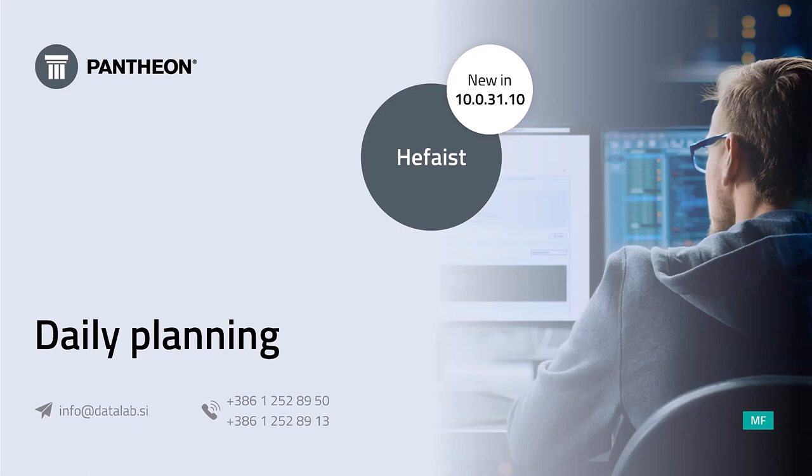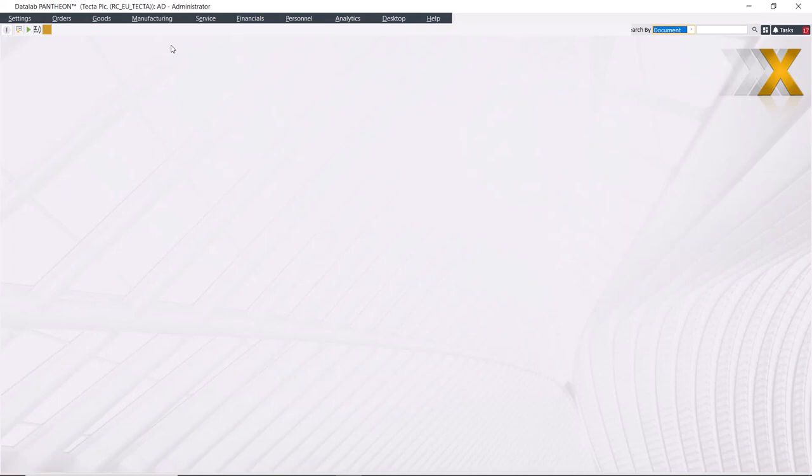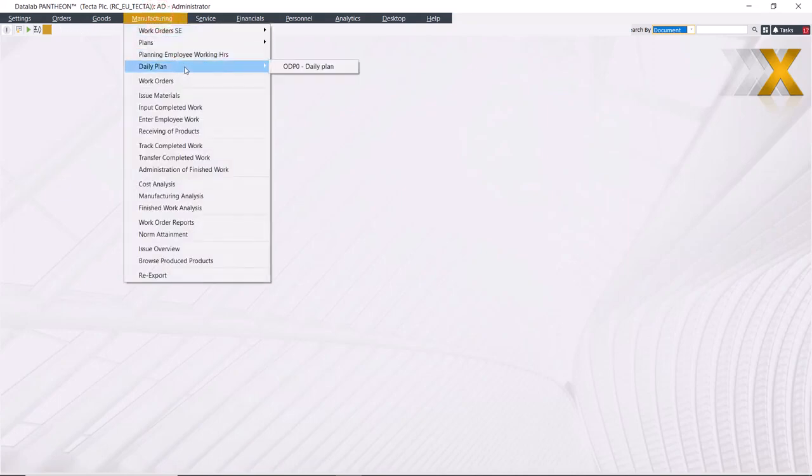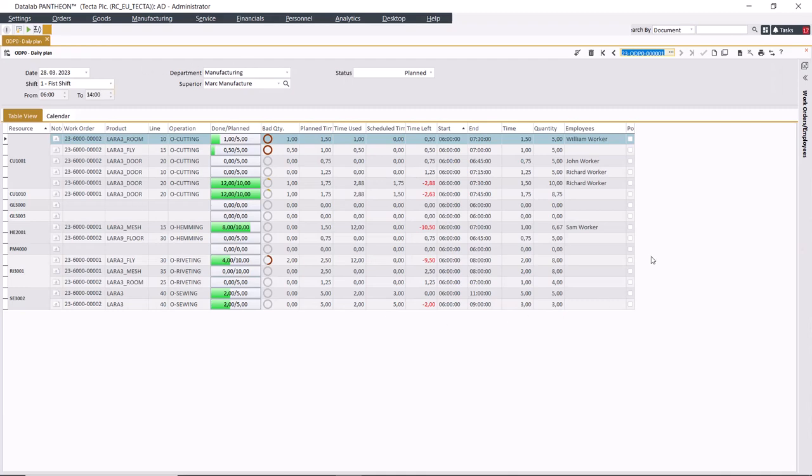In this video, we will present the improved user interface for daily planning in the Pantheon MF license. The feature allows you to easily plan the daily manufacturing schedule by shift. Let's look at an example. The person responsible who prepares the daily plan, for workers by shift, can now easily select, schedule and review the